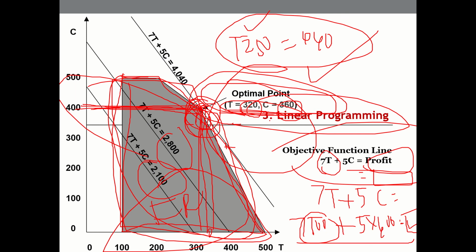Sir, the optimal point will give us the maximum profit, right? Maximum profit, yes. So then we'll have to do hit and trial with the table and chair values to get the maximum profit. Yeah, that's what I was saying. It's iterations. We have to generate iterations and then find out, if the value is within this, what is the maximum benefit that we can get. So, sir, manually this would be a little tedious task. Yes, I agree. That's why we have tools.